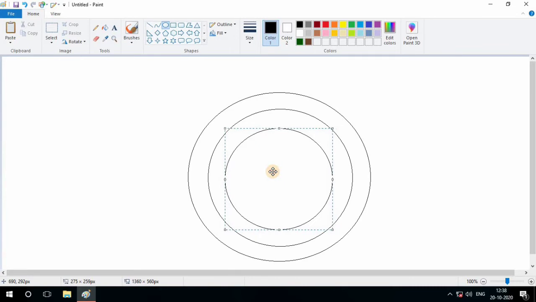So easy to draw a paint in the computer. It's so easy, I think. Now see, here is the mistake. I don't want this circle shape, and the selected line also I remove. So what? Undo it. So it comes. Again I am choosing this circle, draw it here and fill it.